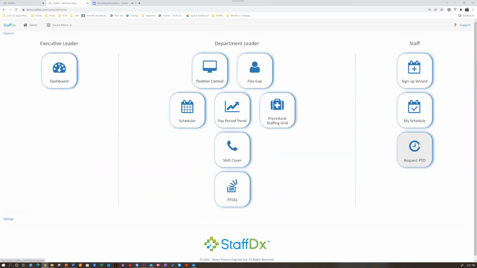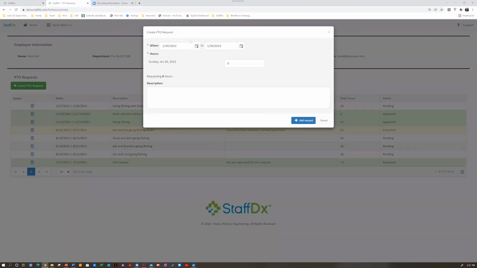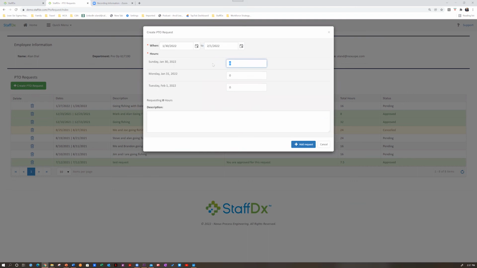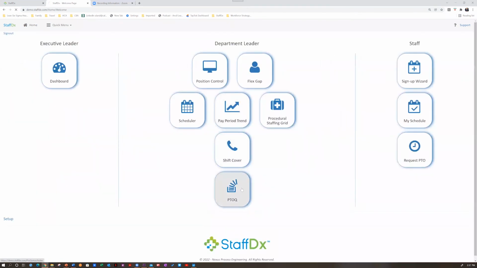Lastly, for requesting PTO, it's a simple workflow that feeds the PTO queue in the department leader's window. And I can create a simple PTO request, select from what day to what day I would like to take PTO, assign the number of hours per day that I would like to take, and then add the request, at which point it will immediately enter into the PTO queue residing with the